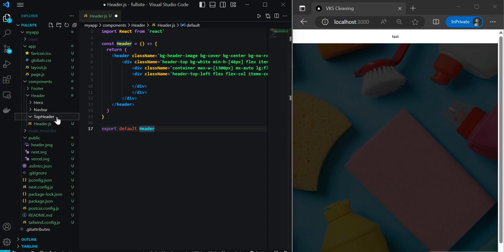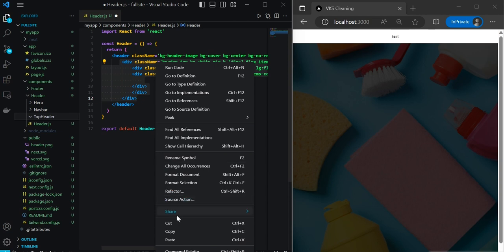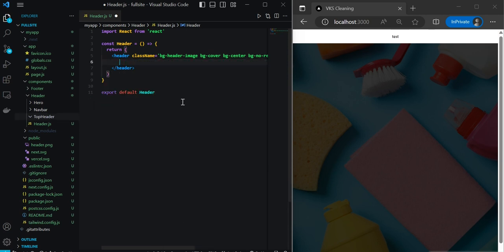So we have the top header file, and in it we'll add in the code for this top nav bar that we're going to have here. So we actually can cut most of this out. Let me see, container flex. Yeah, we did take all of this out, and let's just cut it and go into our top header and add a file,